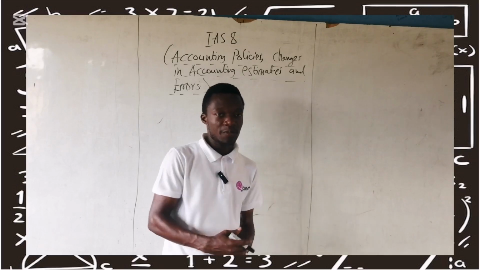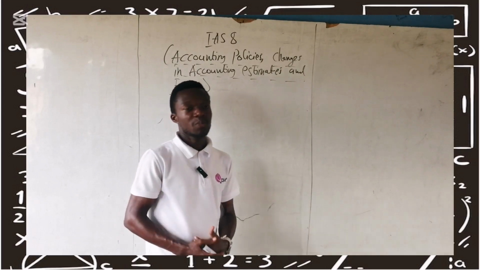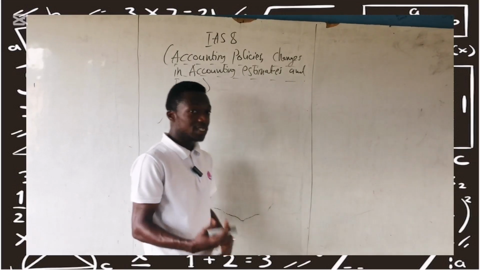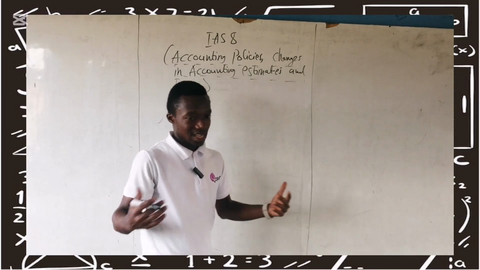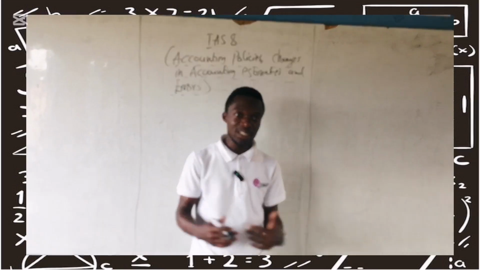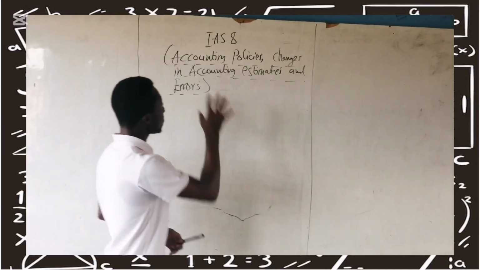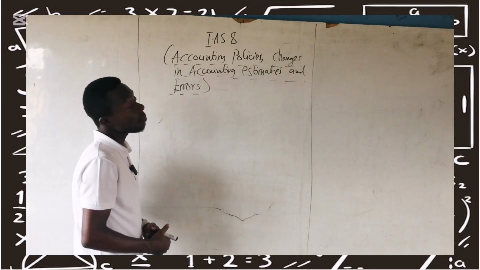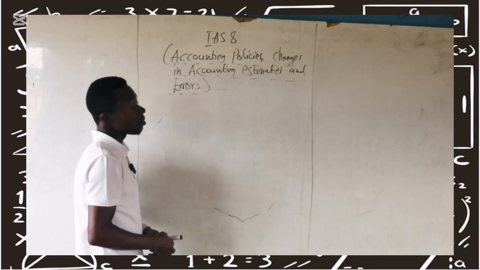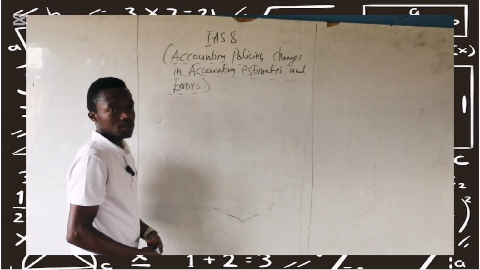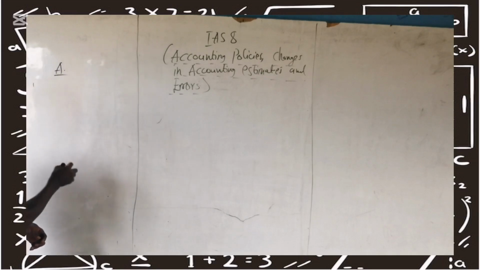As I said just a few seconds ago, when it comes to accounting policies, every business prepares its financial statement based on certain rules, certain assumptions, certain practices, conventions, and ideas that help them to prepare the financial statement. So that will lead us to discuss intensively what an accounting policy is. Then we'll jump in to discuss what an accounting estimate is, and finally we finalize it with errors. So let's talk about the accounting policies. When we say accounting policies, what are they?